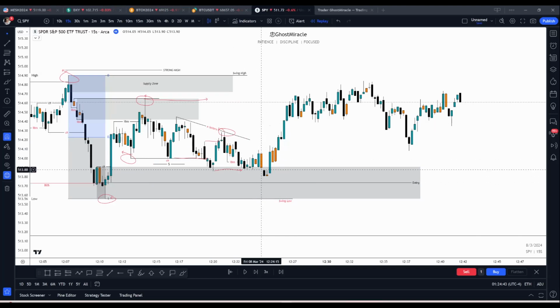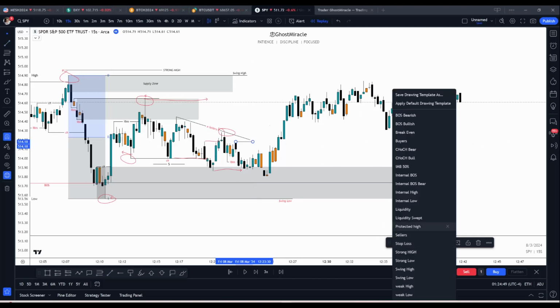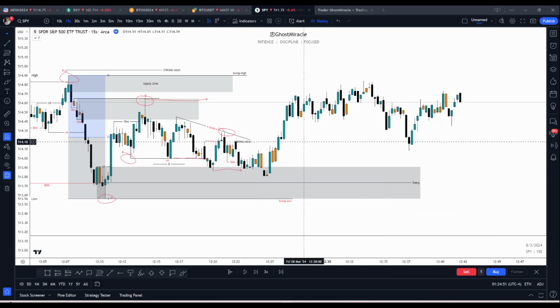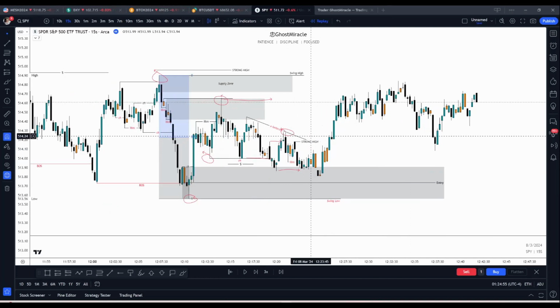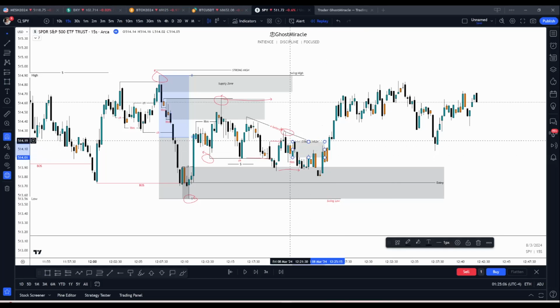All right, so now you have this high here, which is now a strong high because of the internal break. Strong high, which led to a retest in this area of consolidation,